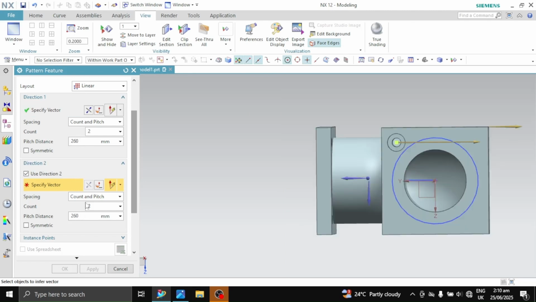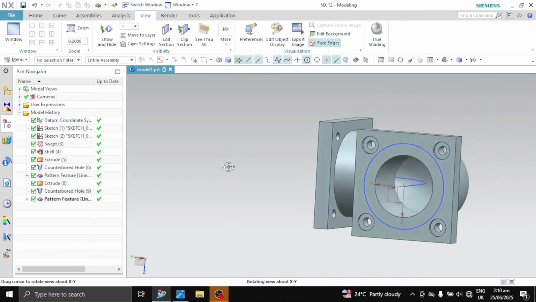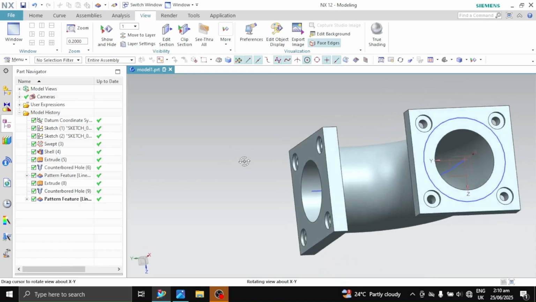So the second direction should be this. Reverse the direction also, and make sure the distance is 260 millimeters each, and click on OK. So we have our holes done.